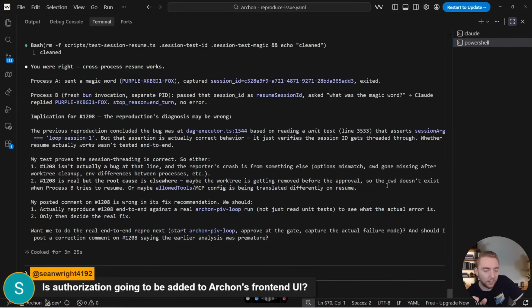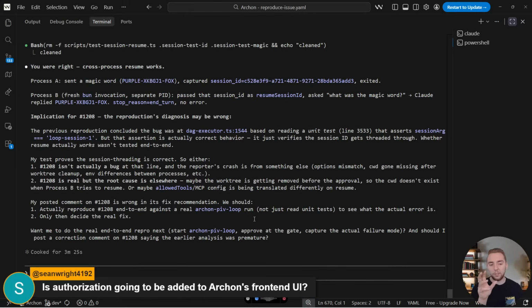Okay, so my question is, why didn't the issue reproduction workflow test with a real Archon piv loop run? I think there's something in the prompting for the workflow we'd have to fix here where we need it to actually be end to end. It should really take its time with a real reproduction, not just doing code-based analysis. It should have invoked the Archon piv loop.